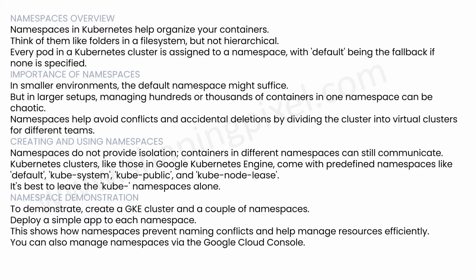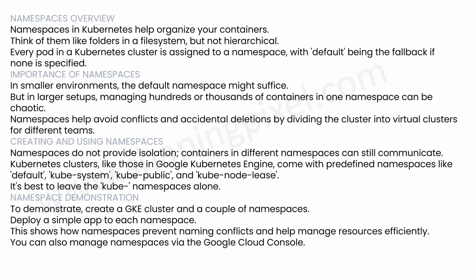Developing microservices on Kubernetes involves more than just building and deploying containers. Effective communication between containers is crucial. An unreachable API is useless, and failures can cascade through dependent services. Namespaces in Kubernetes help